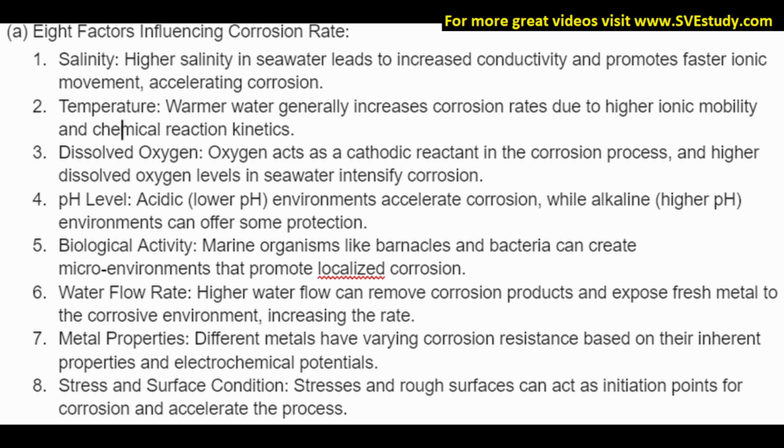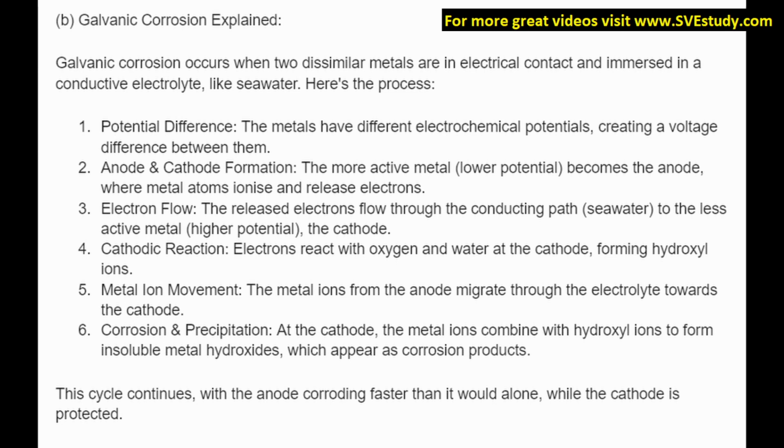7. Metal properties. Different metals have varying corrosion resistance based on their inherent properties and electrochemical potentials. 8. Stress and surface condition. Stresses and rough surfaces can act as initiation points for corrosion and accelerate the process. B. Galvanic corrosion explained. Galvanic corrosion occurs when two dissimilar metals are in electrical contact and immersed in a conductive